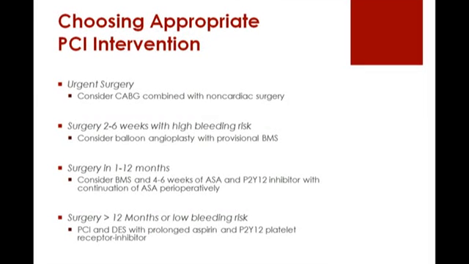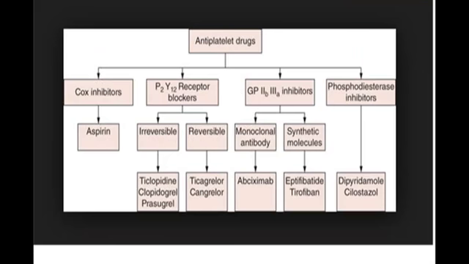And just to continue, again, in patients who need urgent non-cardiac surgery, and you have one of the cases where you need to revascularize the patient, either having a left main or an acute coronary syndrome with severe triple vessel disease, considering CABG combined with non-cardiac surgery is probably preferable to putting in a stent if you cannot delay your non-cardiac procedure.